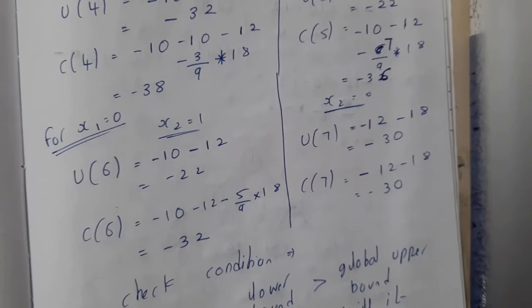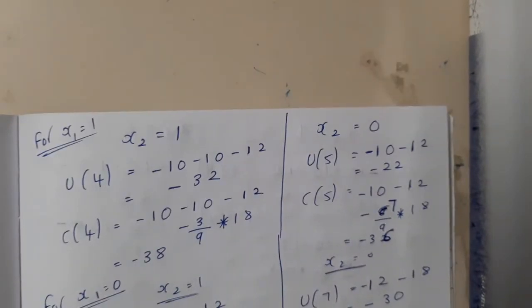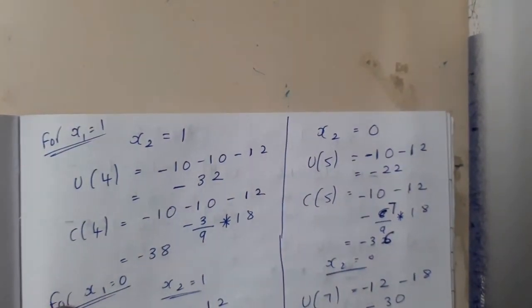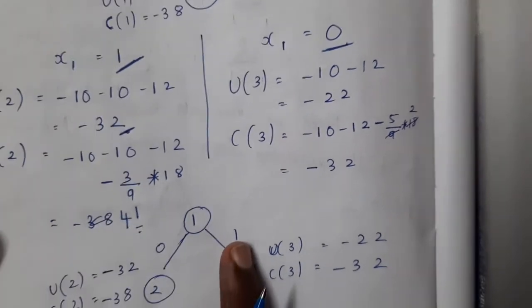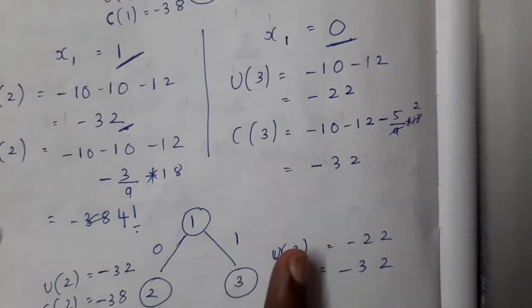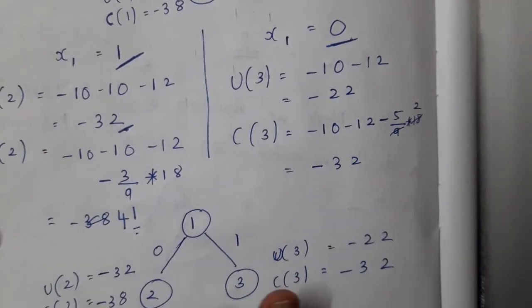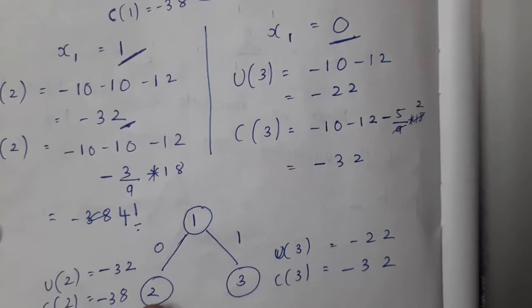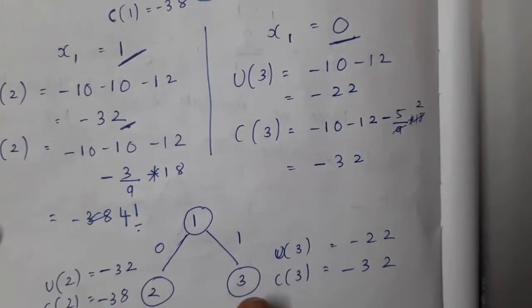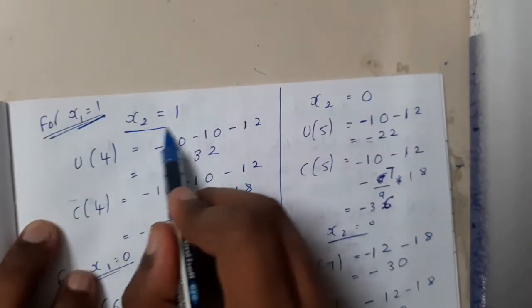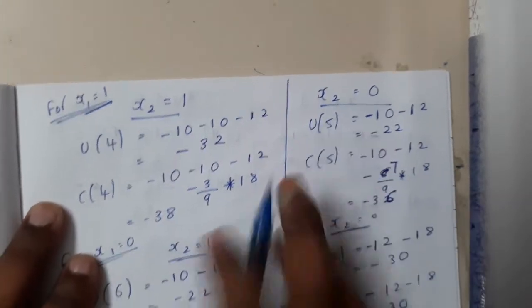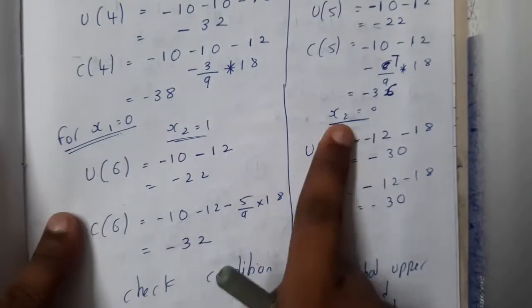So here we will be further continuing it. From now on you will be considering the possible combinations, guys. So in one case you need to take x equal to 0 and in another case you should take x equal to 1. From here on the complexity of the previous problem and this problem varies a lot. Previously you used to select based on this only, but now you are forced to do 4 operations here. So for the first operation you are mandatorily taking x1 equal to 1 and x2 equal to 1 or x2 equal to 0. So you will be solving both the cases and here also both the cases.